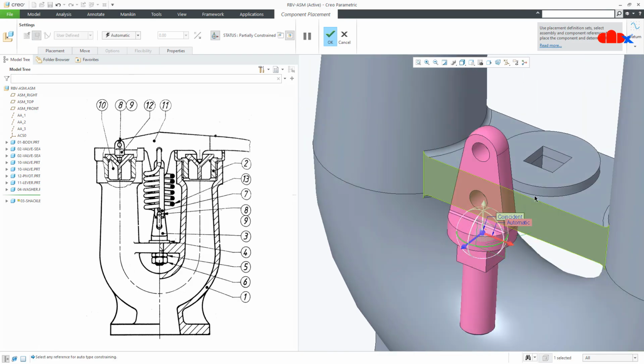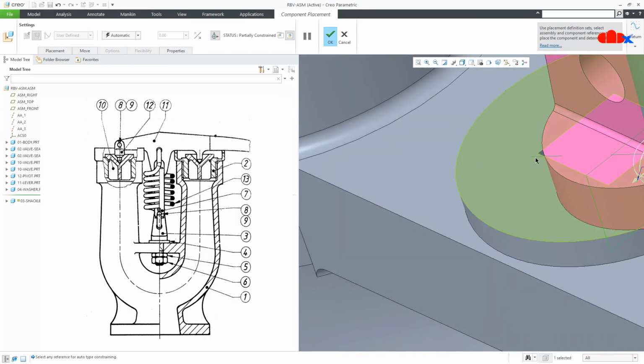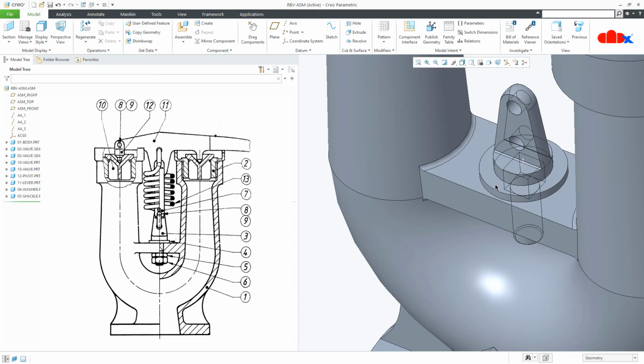Then this face with this face, this also you make it coincident. Then this face to this face, say OK.